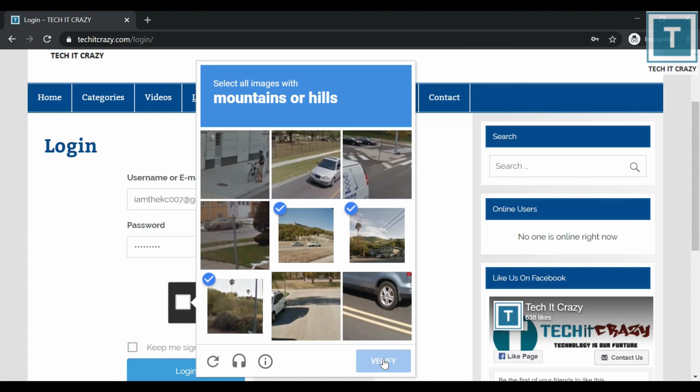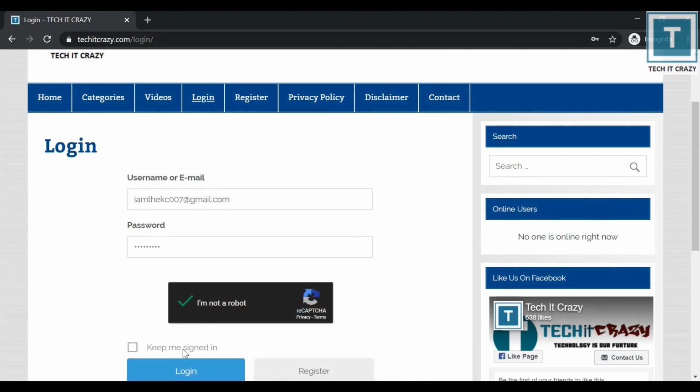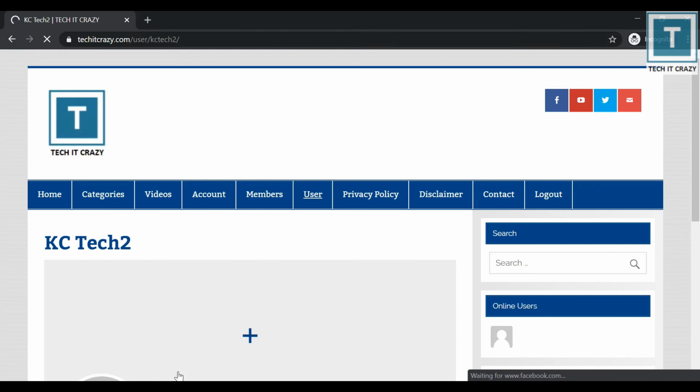Yes. Now it's done. Now I'm successfully able to log in. Yes, I am able to log in successfully by using my credentials and the Google reCAPTCHA.